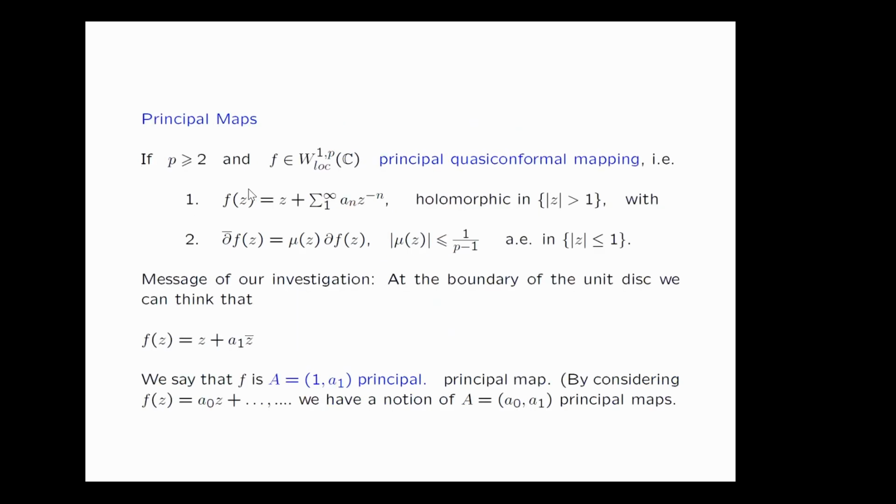Okay, it's going to be very important, maybe at several points, but even more at the end of the talk, what are called principal quasi-conformal maps. So looking at maps, solutions to the vectorial equation, quasi-conformal maps from the plane to the plane, and I want to prescribe the behavior at infinity. And then classical principal maps, they are like z, and then they have a Laurent series, and okay, those are principal maps. Think that, for example, if I have in the unit disk this map, which is z plus a1 z bar, then I can